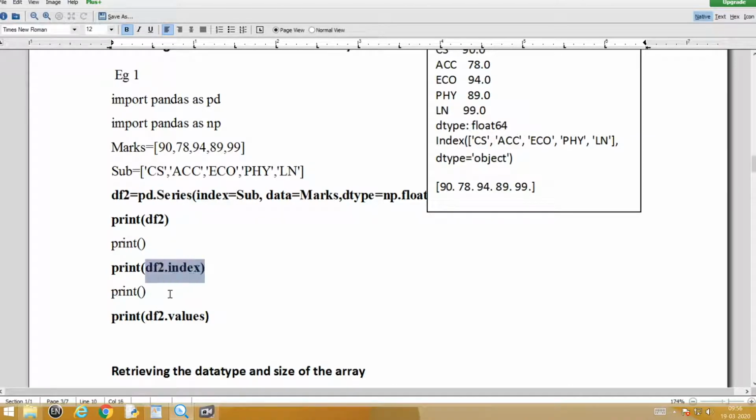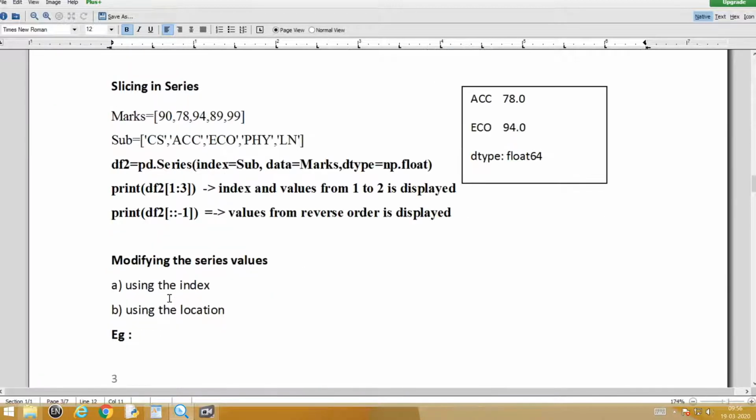But when you came for index and when you came for values, we didn't use PD. You have to use a corresponding data frame with which you created your series, and that data frame is a name I have used. DF stands for data frame, or you can simply say it's a variable. So this variable name should be used to extract your index and values.